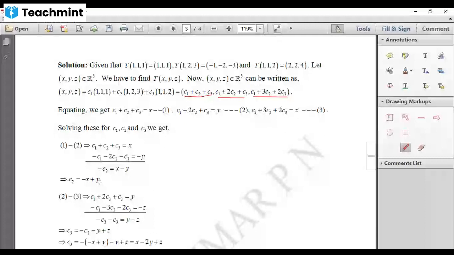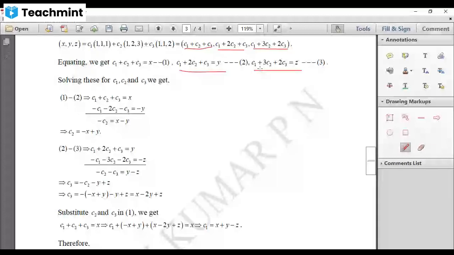How to find it? What I'll do is solve these two equations, 2 and 3. So what are your 2 and 3? 2 minus 3. So multiply this by the minus sign. That's it. C1 minus C1 cancels. Now 2C2 minus 3C2 is -C2. C3 minus 2C3 is -C3. So y - z equals -C2 - C3. But we know what C2 is, so send this -C2 to this side. That becomes plus C2. Oh, sorry, this should be plus C2, isn't it? Plus C2.